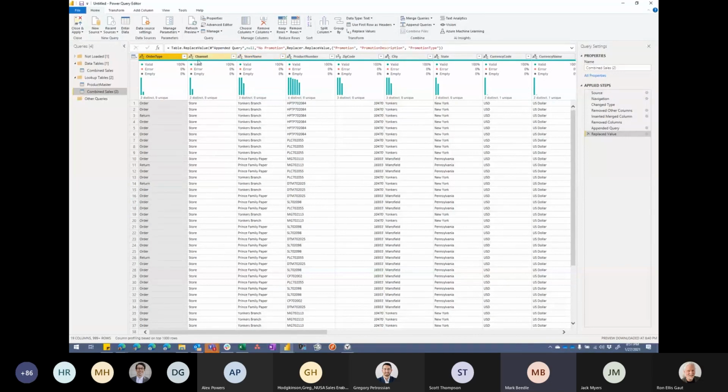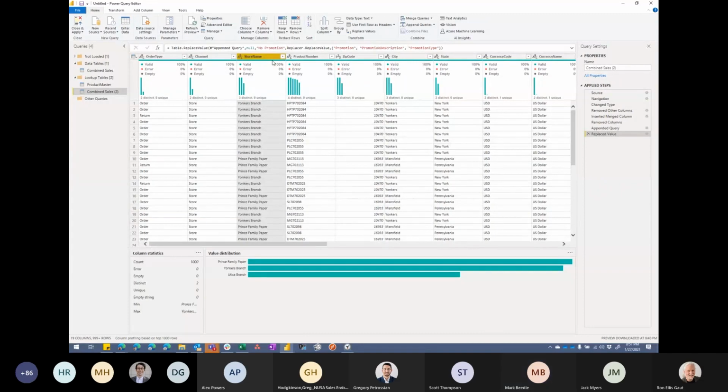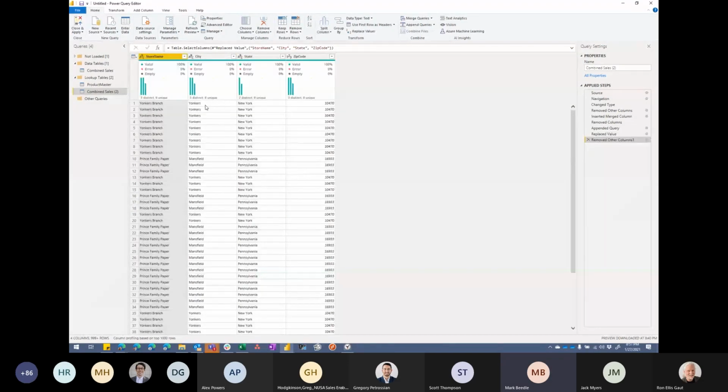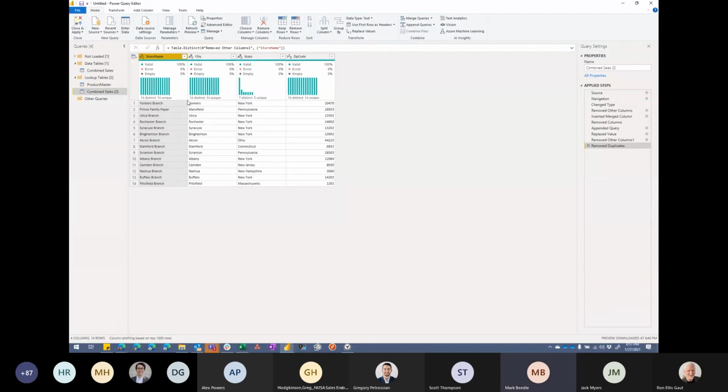So I want to start out with a branch table, right? Here's all my different branches. So I want the branch, the city it's in, the state it's in, and the zip code. I'm going to remove everything else except those four. And that looks a little bit better, but I don't have my fancy key. I don't have unique rows for every branch. So I'm going to remove duplicates and see if that looks better. There we go. There's my 14 different branches that I'm used to seeing in my reports.